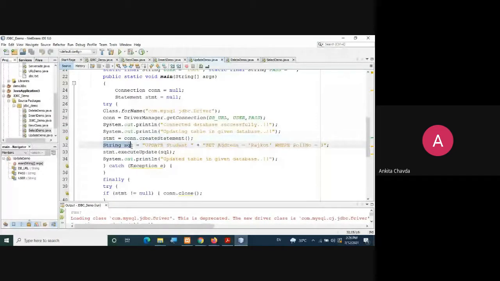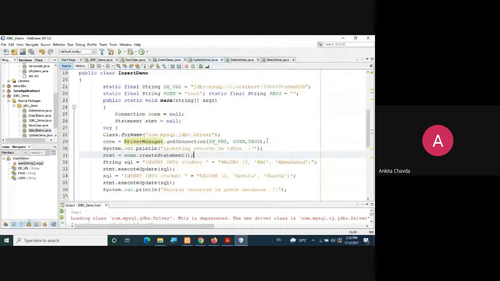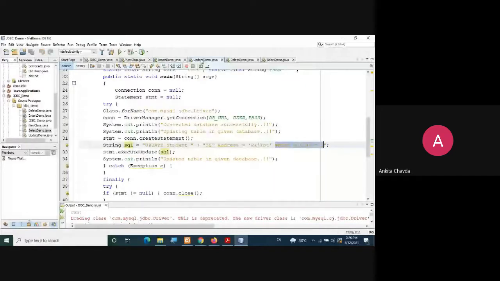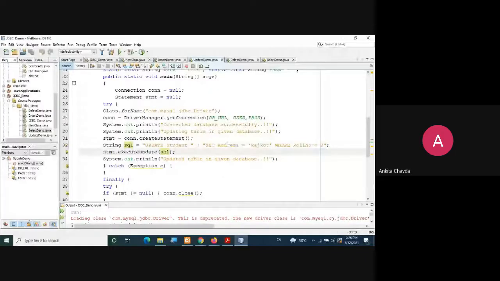String SQL equals update student set address equals this, where roll number is 3, because I have given the wrong data here as roll number 3. Here instead of address I have given the surname, so I'll change that: you need to set the address equals Rajkot, where roll number equals 3.